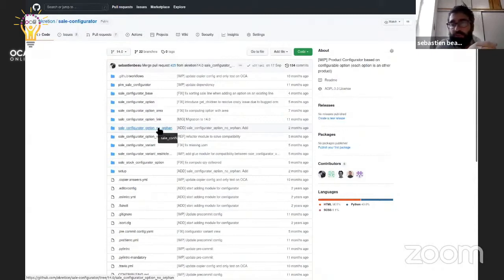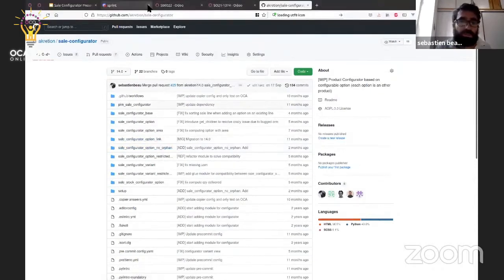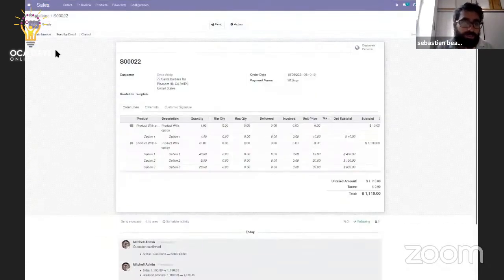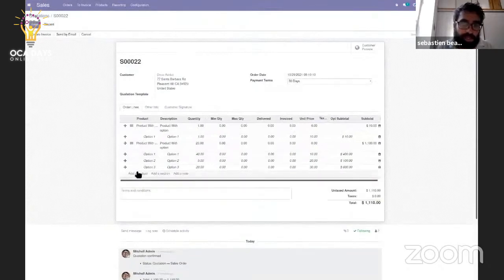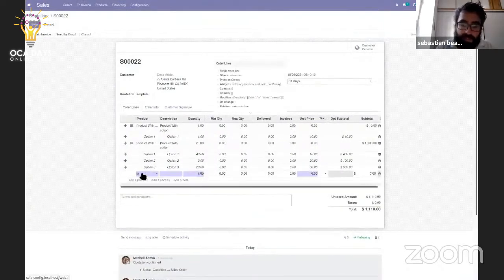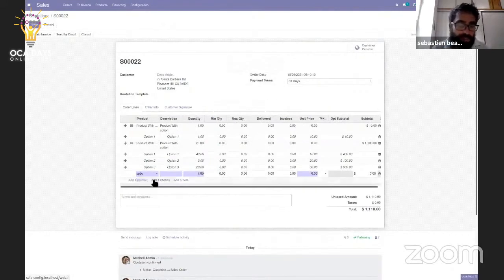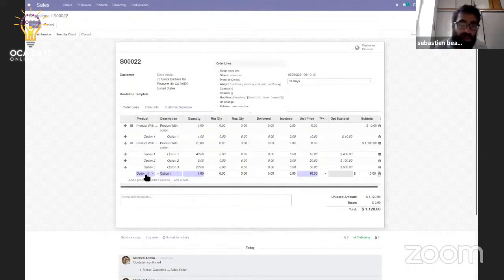without the product configurator. For example, if I go in my first demo here, manually, I can add option 1, and in this case the product option 1 is offline, it's not linked to anything. If you don't want to sell an option alone, then you just have to install the other module, and we have a filter, and you cannot add this kind of line anymore.